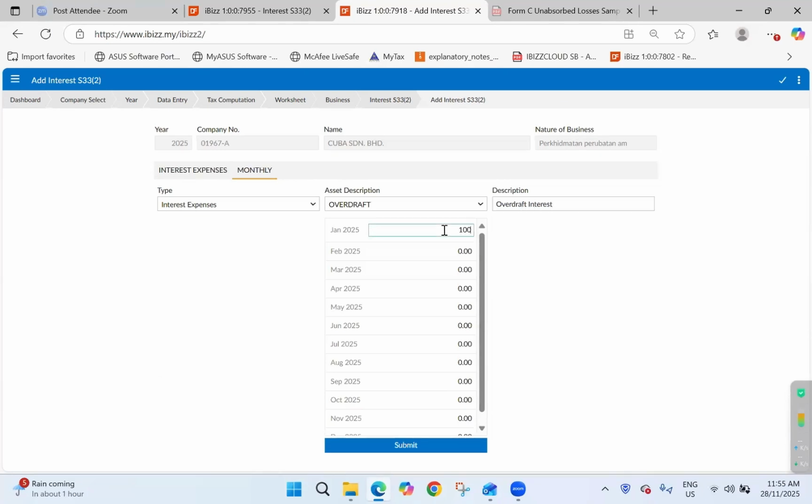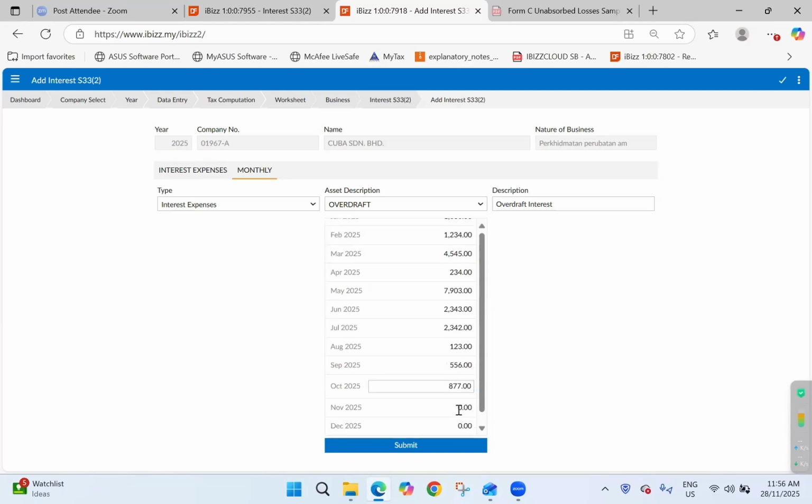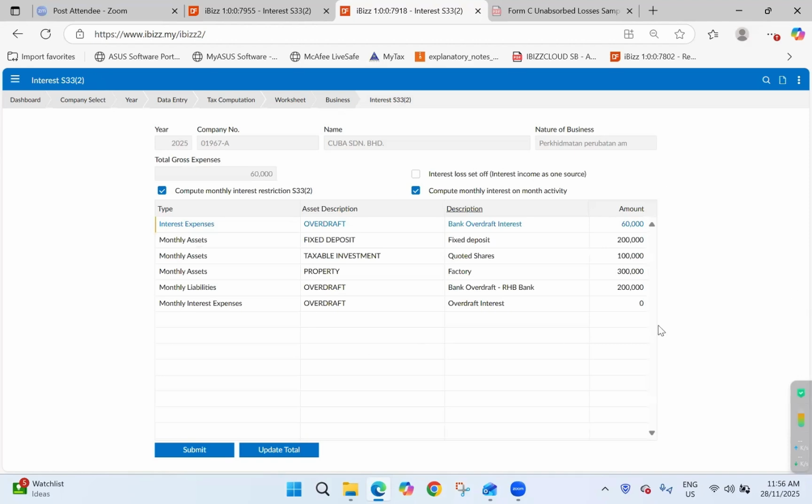Okay, so you'll be able to key in the amount for every month and input accordingly to the system. Alright, so this is the way for you to key in the interest restriction on